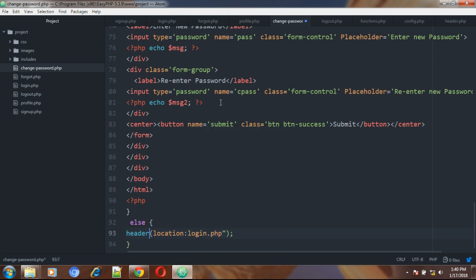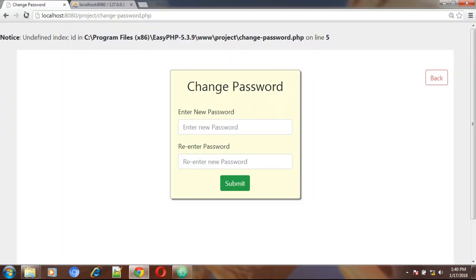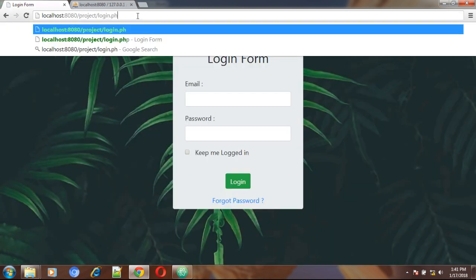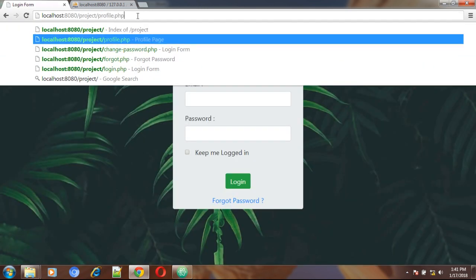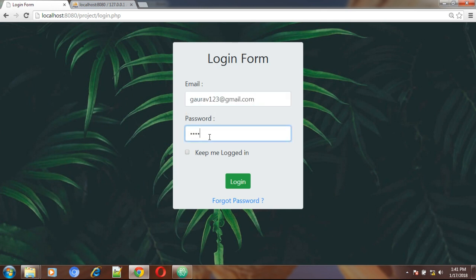Now let us check it out. It means if the ID doesn't have any value, then the user will not be able to go to this page. Now if the user tries to go to this page, he is not able to go to that page. But if the user is logged in,